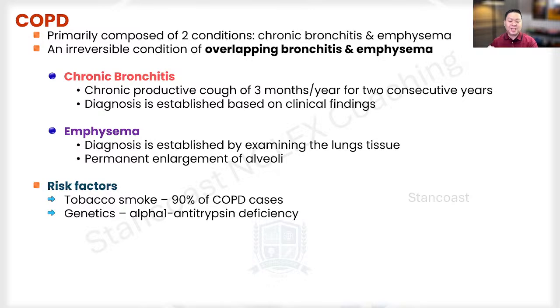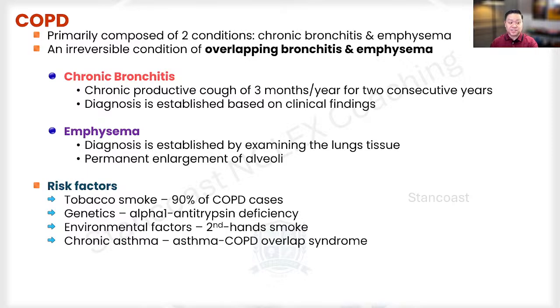Now, for those people that have pre-existing asthma, this is also going to be a risk because there is that condition we call asthma-COPD overlap syndrome. This is going to progress into chronic obstructive pulmonary disease. Okay, so I really want you to refamiliarize yourselves with the risk factors and the distinct differences between the two. And like I've said, emphysema and chronic bronchitis can overlap.